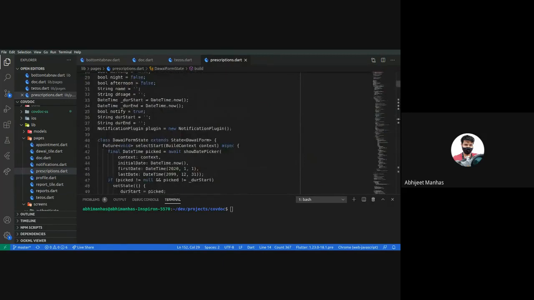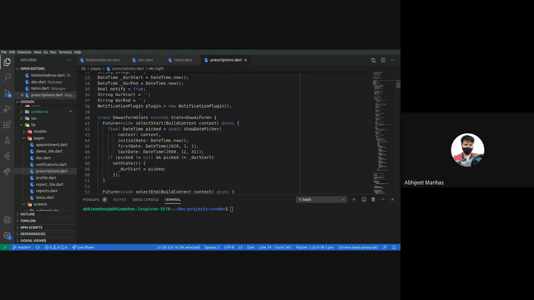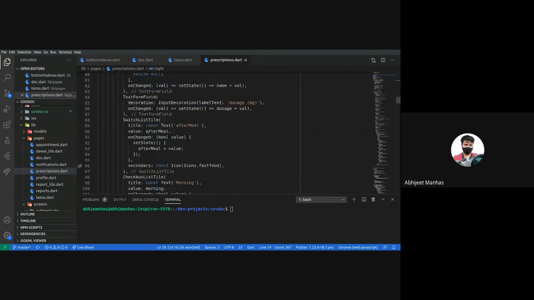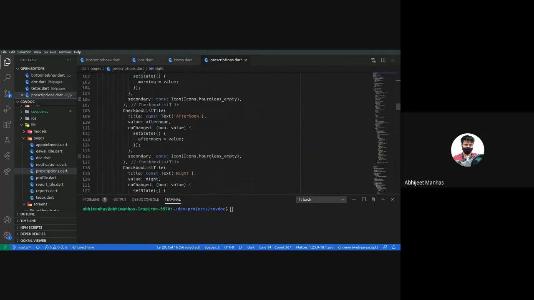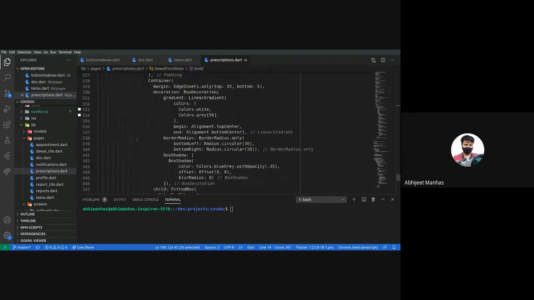So here are some global parameters like after meal, morning, which are by default false. Then we also store the start date and end date of the prescription. We have a form for the prescription which takes various parameters which we would be entering, as we earlier saw in the working video.